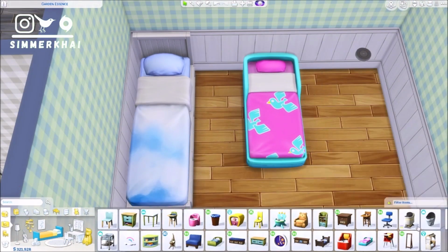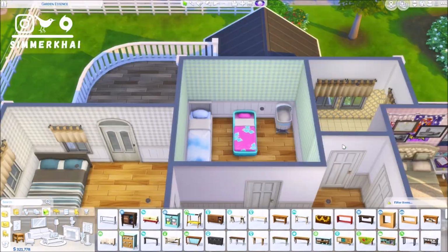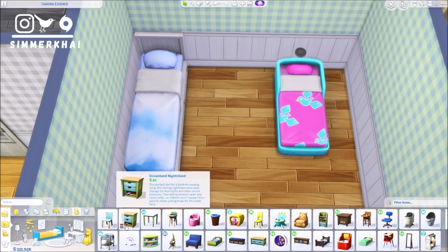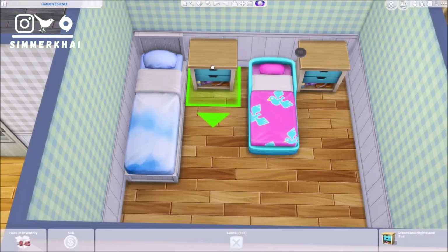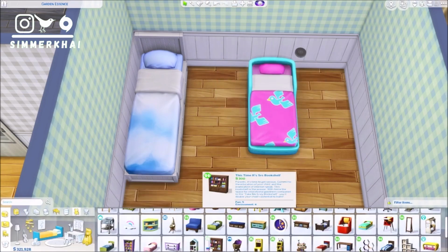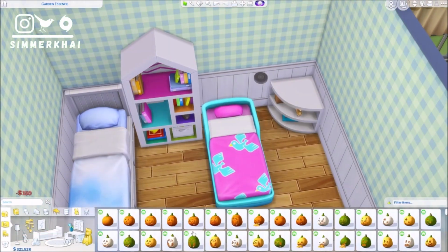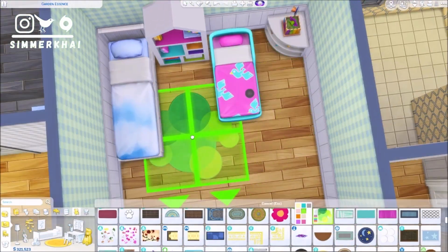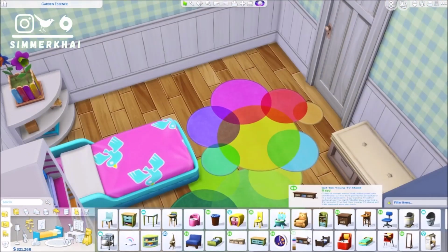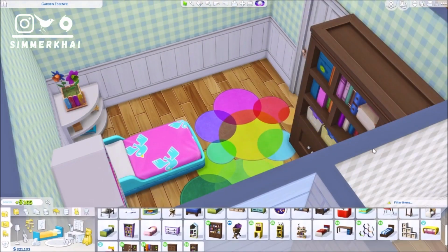But over here is going to be the children's bedroom, and basically the children's bedroom is shared between the child, the toddler, and also the imaginary baby. So you can see that I put that bassinet over there, but I ended up changing it to a changing table instead, which you will see later. And I really went crazy with the colors over here because I put in a lot of colorful objects from the kids' room and also base game, basically related to the kids and children,